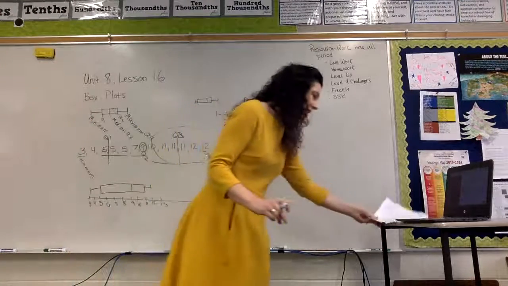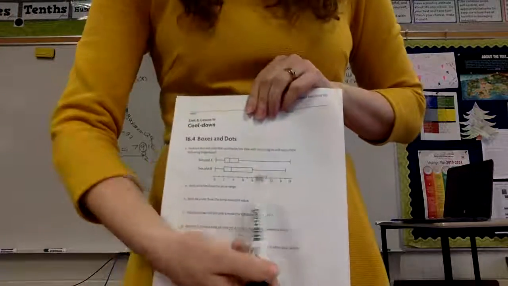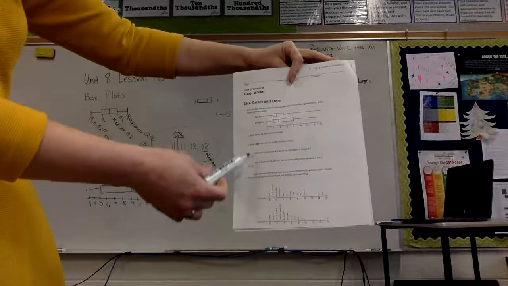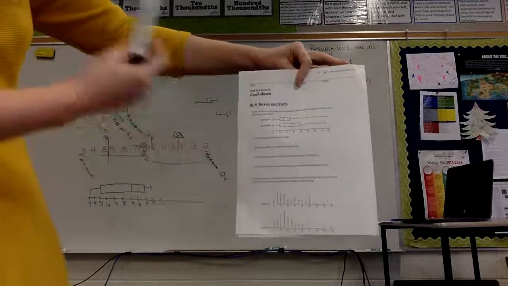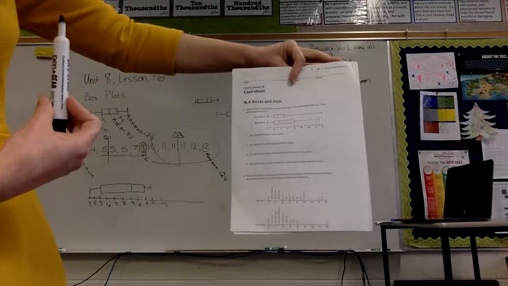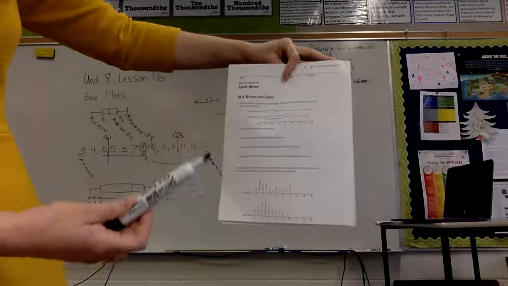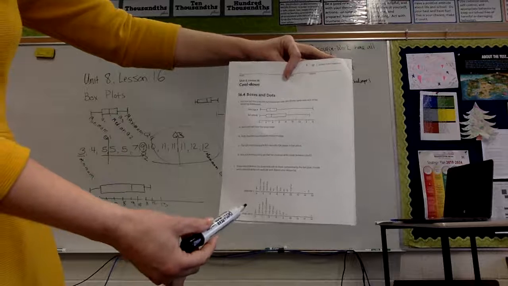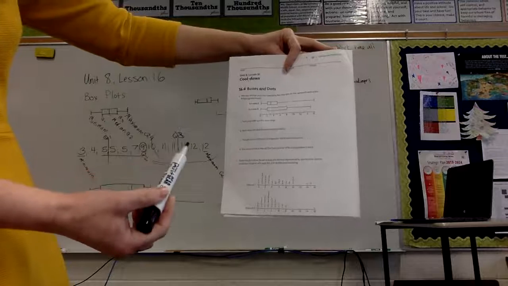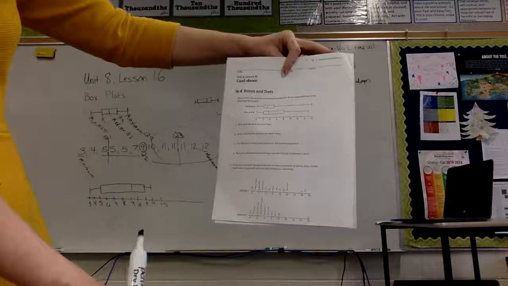On our homework tonight, you are looking at 2 box plots, and they are using the same number line here. What they are asking you to do is to say, is this true or false? So is it true that both of them have the same range? Is it true or false that both data sets have the same minimum value? Okay, so you are going to say whether or not you agree with each of them. Down here, these 2 dot plots are the same data as represented by the box plots. And so you are going to have to match them. One of these is going to be marked A, one of these is going to be marked B, and then